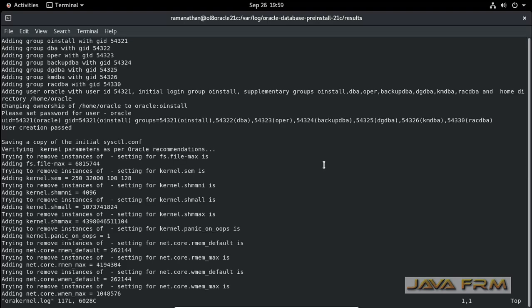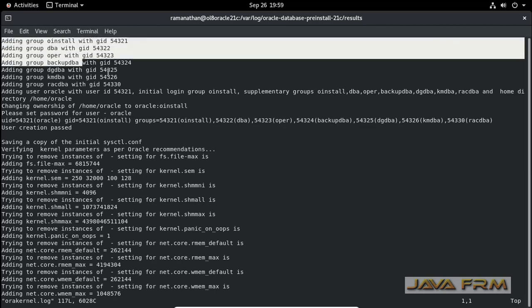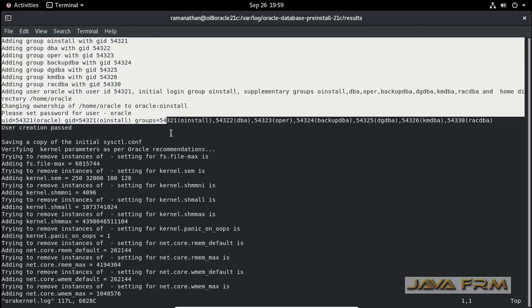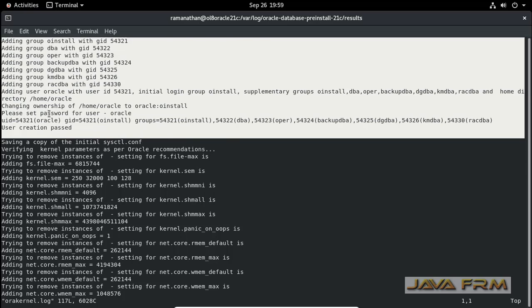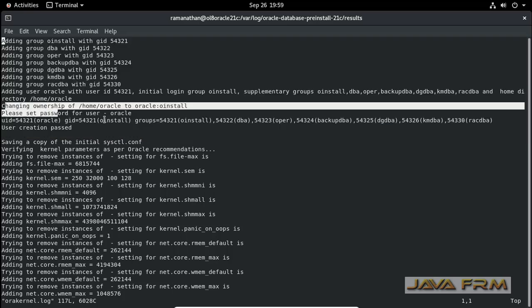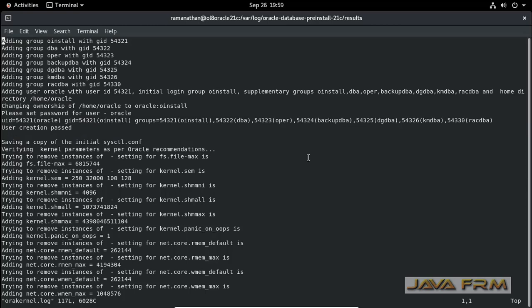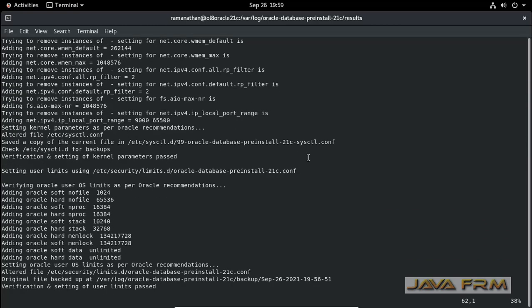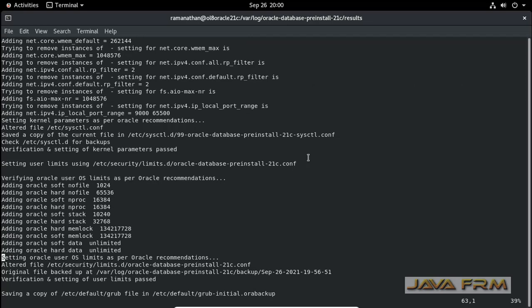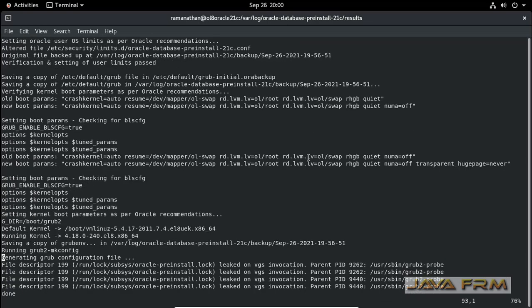This log file provides all the details. It created some user groups and assigned a user to that group. That is, the user called oracle is created and assigned to the oinstall group. It also created sysctl.conf and limits.conf.